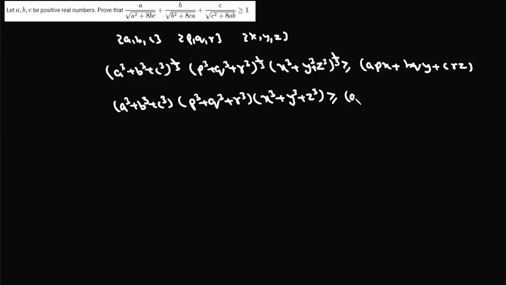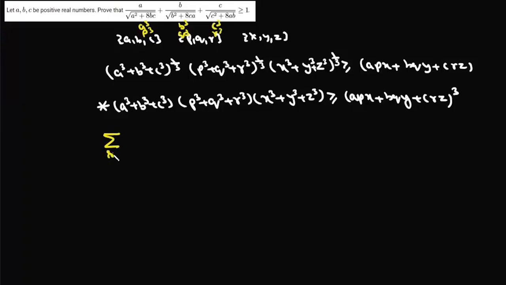will be greater than or equal to (APX plus BQY plus CRZ) whole cube. So this is an important form which is mostly used in Holder's inequality. Now here what we'll do is, we'll take this as A cube, B cube, C cube, and the same expression as P cube, Q cube and R cube. So we can write